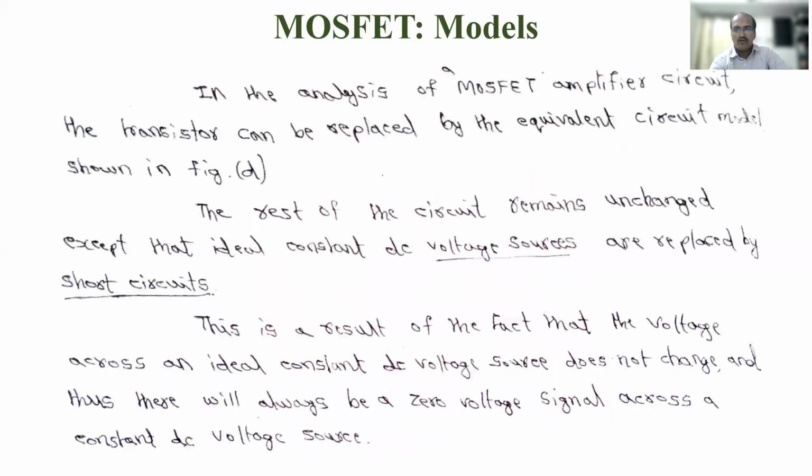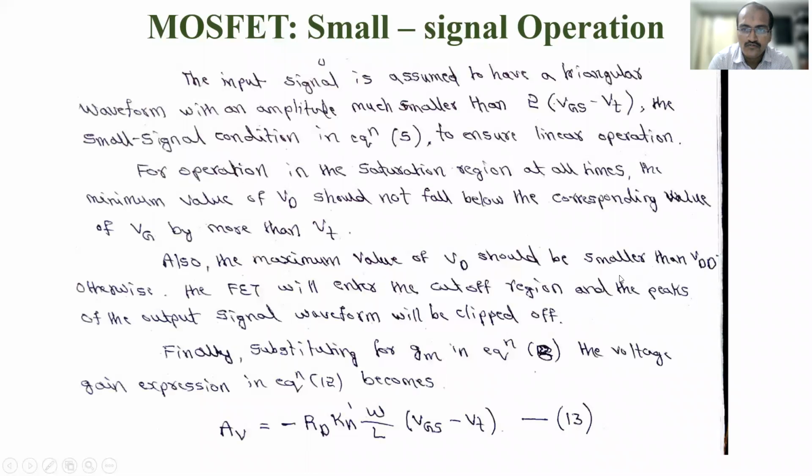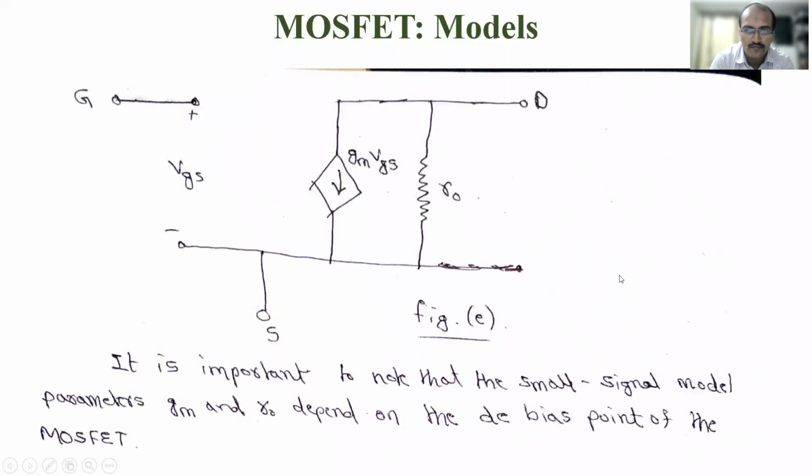Okay, this diagram you have seen in the previous to previous class, right? So maximum allowable voltage swing they have asked, right? So for that we'll be using this condition: Vd minimum equal to Vg max minus Vt, Vd max less than Vdd. So this is the maximum allowable voltage swing. So this range I need to find out from the given problem. Okay, so that is the third part they have asked in the problem.